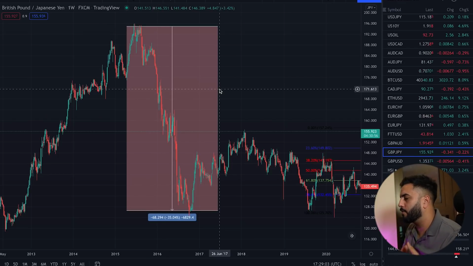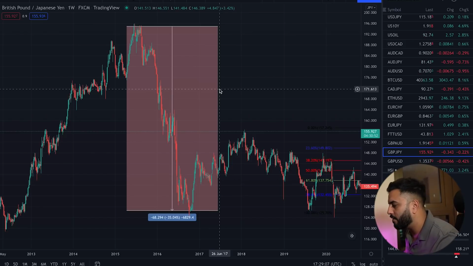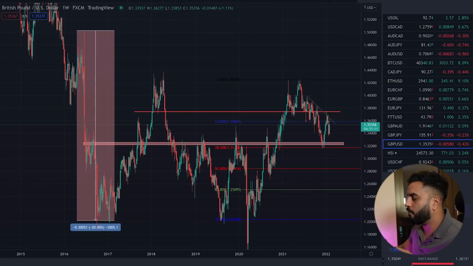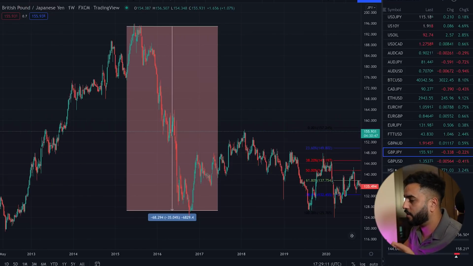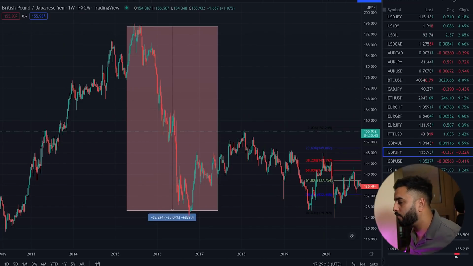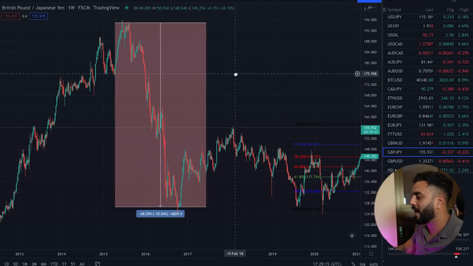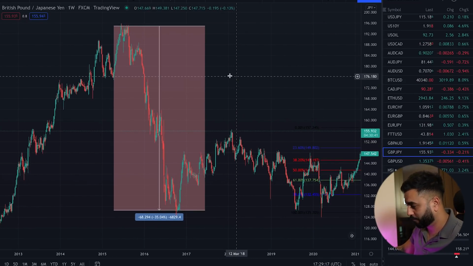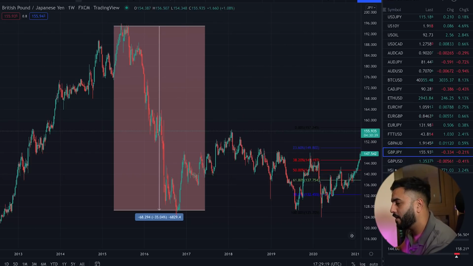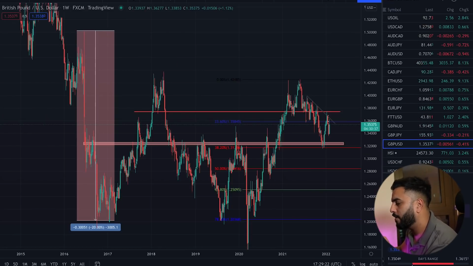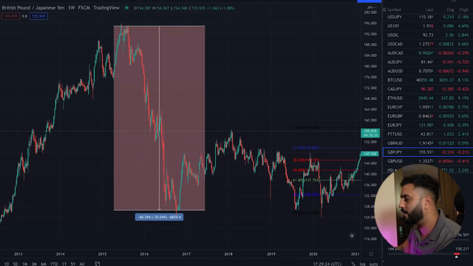Because Brexit was Brexit. But the difference was that we're dealing with a lender, which is yen. And that's why when trading lenders versus commodity pairs or lenders in general, it's always nice to know that they carry with them higher volatility. And so if you think that a 3,000 pip move compared to a 7,000 pip move is crazy, let's look